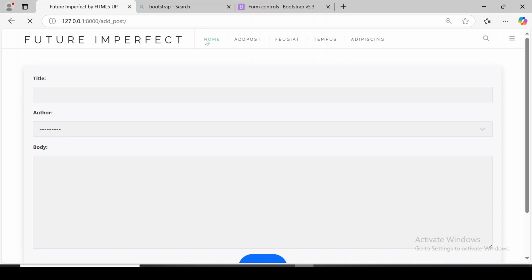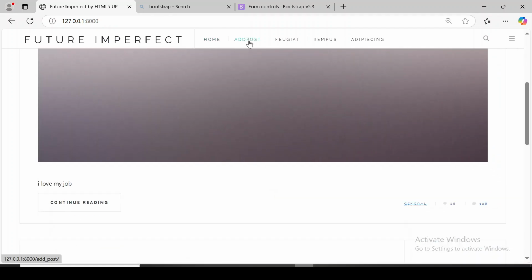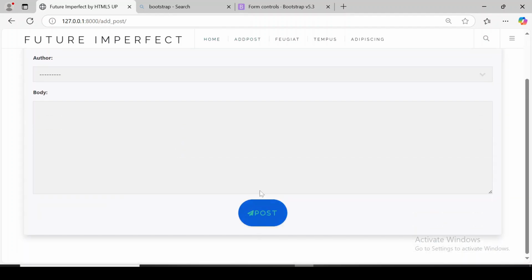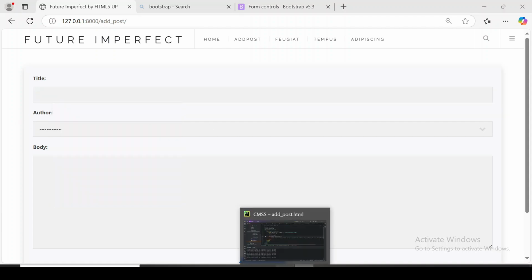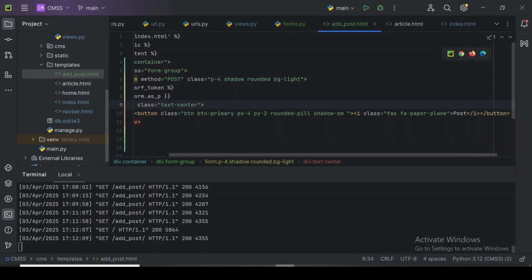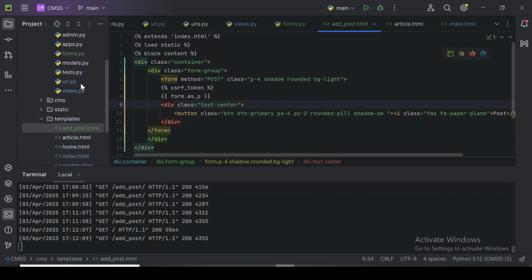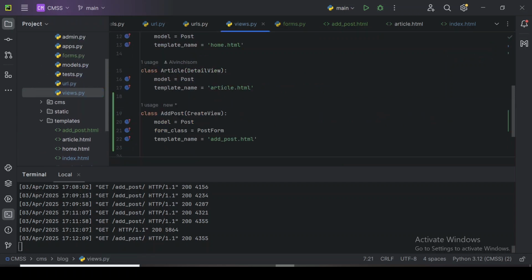Our form is nice, our home page is okay, and our art form is okay. It's looking nice, looking good. We can add our form. So I think this is all we need to do. We already have our view. Our view is okay. So moment of truth, let's